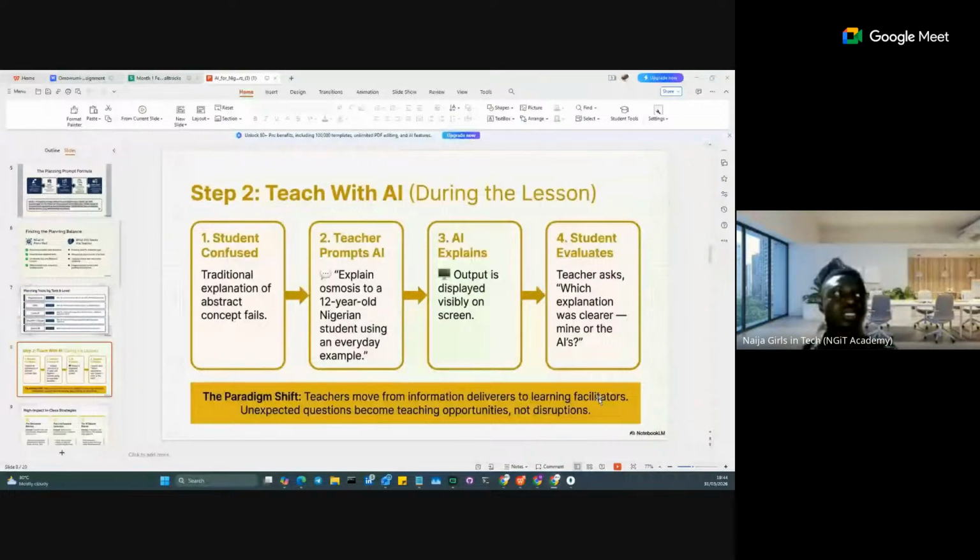But if you bring that concept, the explanation to it, knowing fully well that you are the subject matter expert in this case, you know what to ask and provide for the student to understand. That will aid the students to know what they were meant to know at that point in time as regards the topic. So it is more advisable for you to help the student to learn, help them to understand right